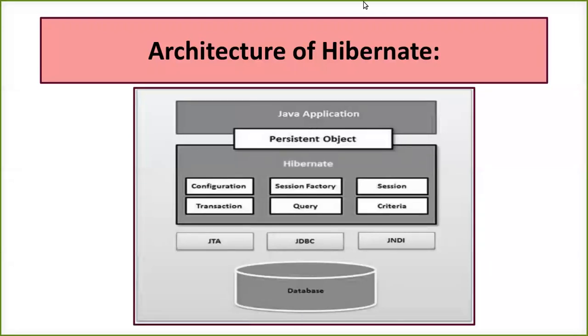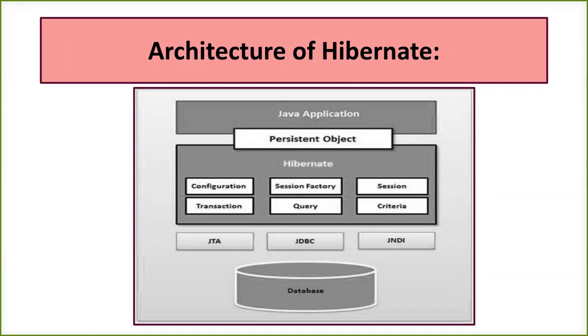Now, as I told you, we need to have that implementation where I don't have to write the database connectivity steps, and I'm going to have an automatic conversion using some ORM tool like Hibernate. So what I am doing is implementing Hibernate over here. But that doesn't mean that inside the Hibernate, inside that ORM tool, there are certain levels through which your object needs to pass. If there is a Java application, the whole application is represented by the object of that application. As we all know, the object of an application holds all the information about everything you have written. That's why it's called an object oriented language. Everything is done by the object of your application.